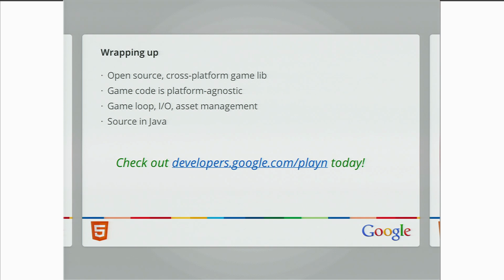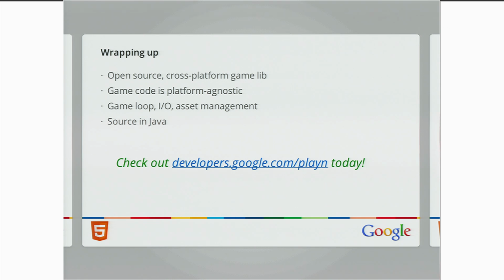All right, so in summary, if you learned one thing about PlayN, it would be that it's an open source project, and what it allows you to do is take your one Java source code base and compile it out into 4 platforms right now: HTML5, Android, Java, and Flash. That's the core thing behind PlayN. And if you want to learn more, check out